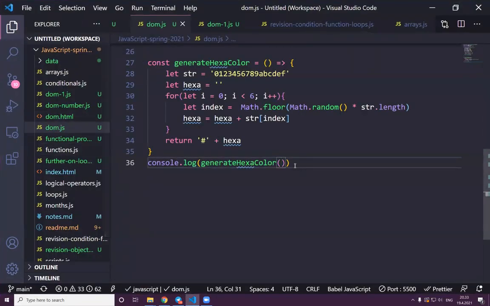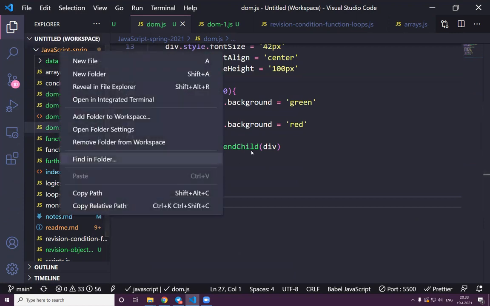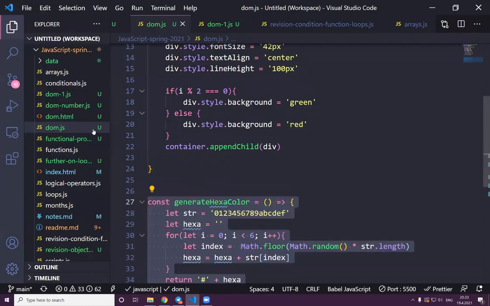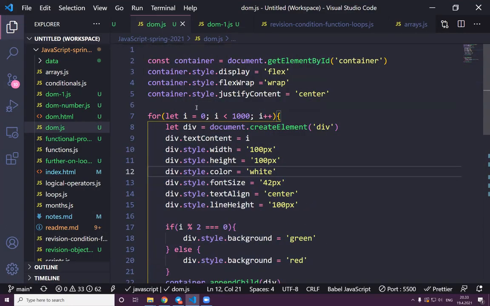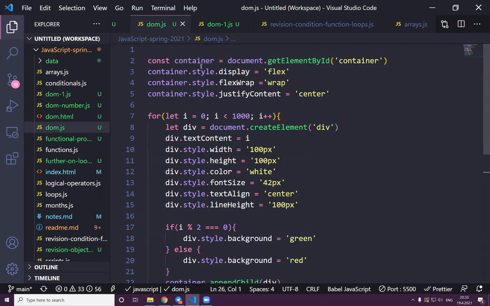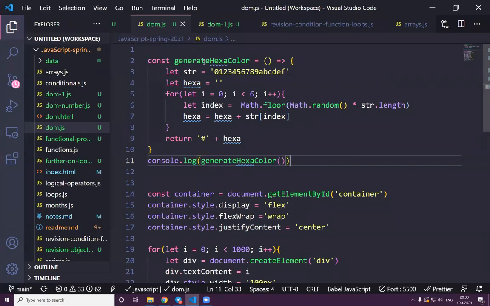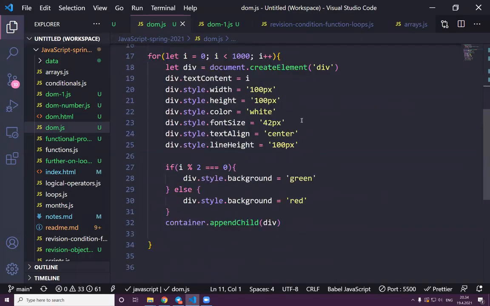Great. So now I want this code, and then I have to create another. Maybe I can just keep it here, but I think we don't need this anymore, but I think we can make use of that. So what we need is actually, let's keep this code at the top. Maybe it's also good: generateHexaColor. It's a good name. We don't need it here. So now what we do,